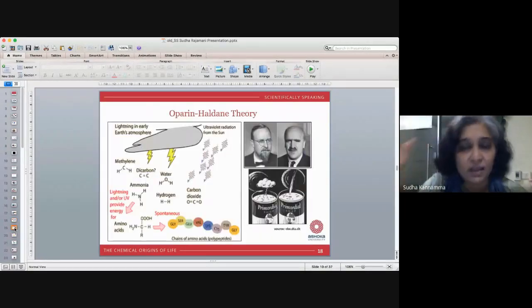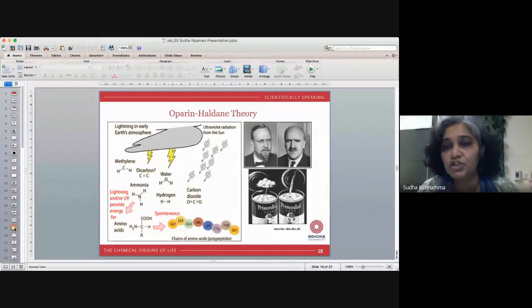So with this in the background, we kind of understand some of the things we're interested in. But like I said, the stage was set by these two amazing scientists. Here is Oparin and here is Haldane. Oparin, a Russian scientist, Haldane, an American scientist who had a very fascinating Indian connection. The two of them independently proposed this hypothesis where they said that on the early Earth, in the primitive ocean on the early Earth, you had the right fundamental inorganic ingredients like